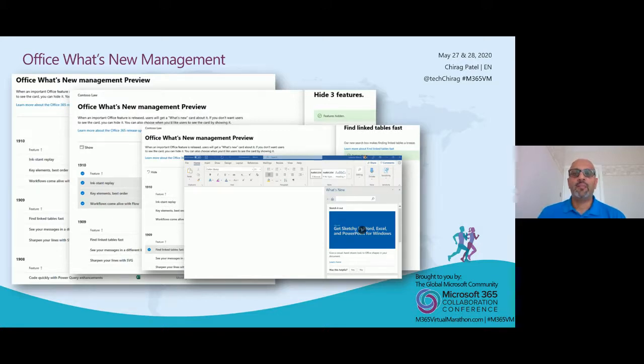The other aspect that's become a lot easier, if you do roll something out, and this is on your admin center as well, is the What's New, where you have full control over what the users can see when they switch on their Word or Excel, depending on which channels you have for your Office programs. At least this is documented from Microsoft's perspective,